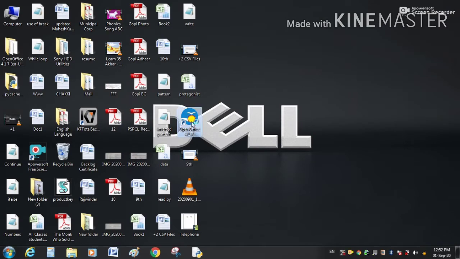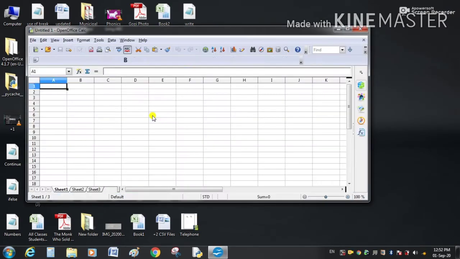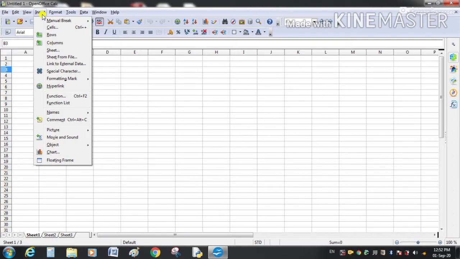Now we will create a link to this external data in this worksheet. From here, go to the Insert tab and there is an option Link to External Data.